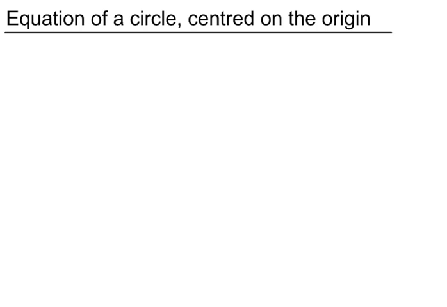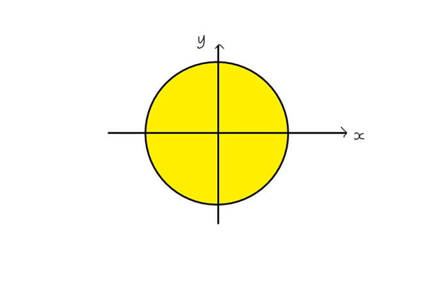The equation of a circle centered on the origin. This circle has its center at the origin. xy is just some general point on the circumference of the circle. The distance between the center of the circle, that's the origin, and this point xy is equal to the radius